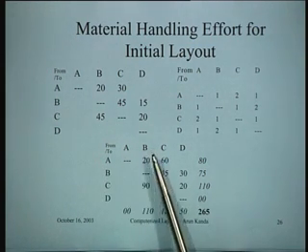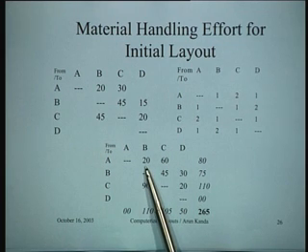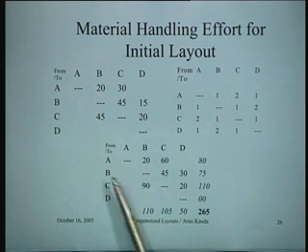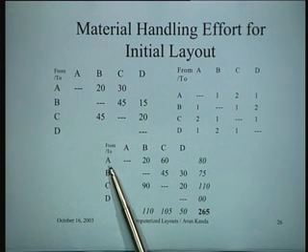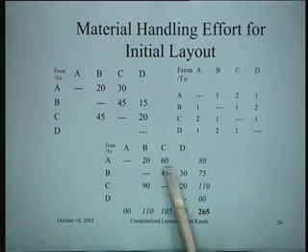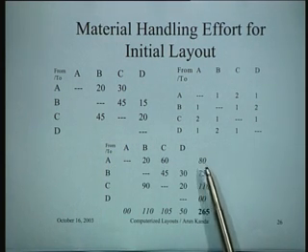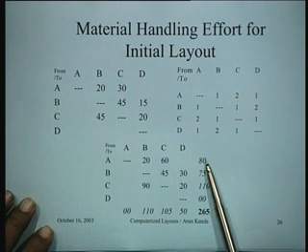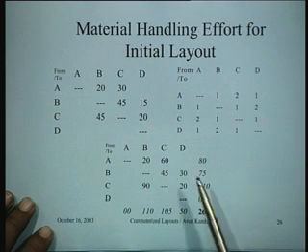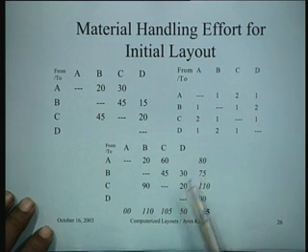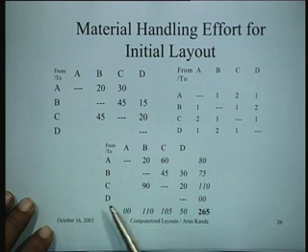And this figure summarizes the total material handling, for instance, between A to B, the cost of material handling is 20 units, rupees. A to C, it is 60 units. So total material handling moved from A to all departments is 80. So 80 rupees worth of cost is incurred in transportation for all the trolleys that leave from A. Similarly, for all the trolleys that leave from B, 75 units of money is the cost, and so on for C and D.